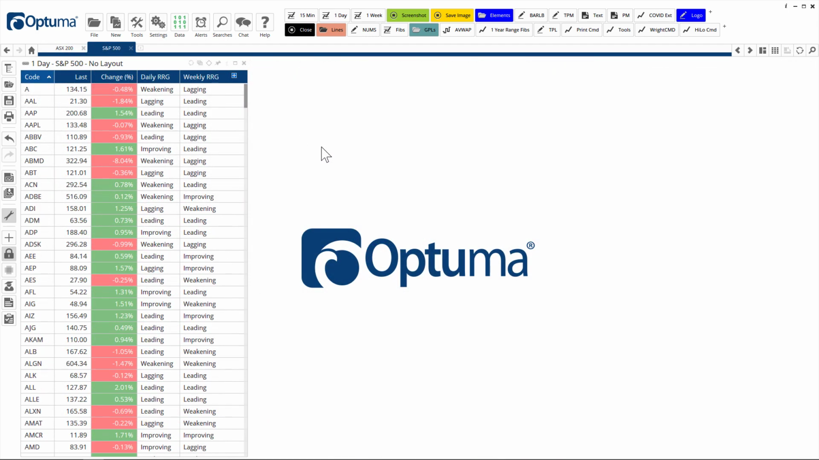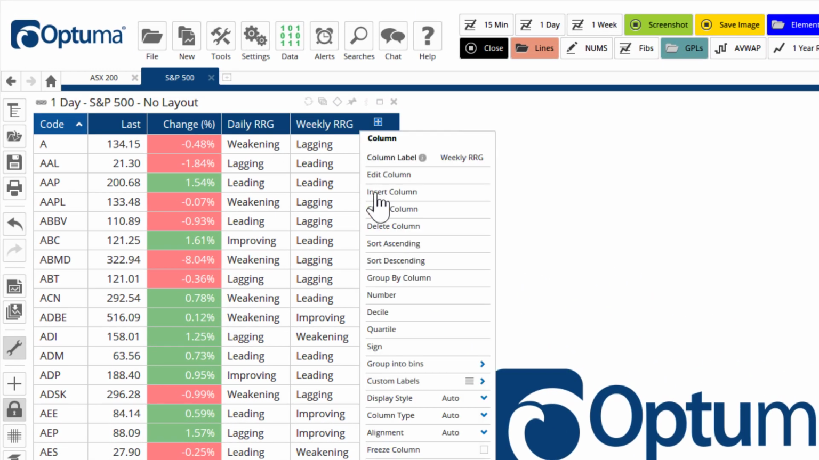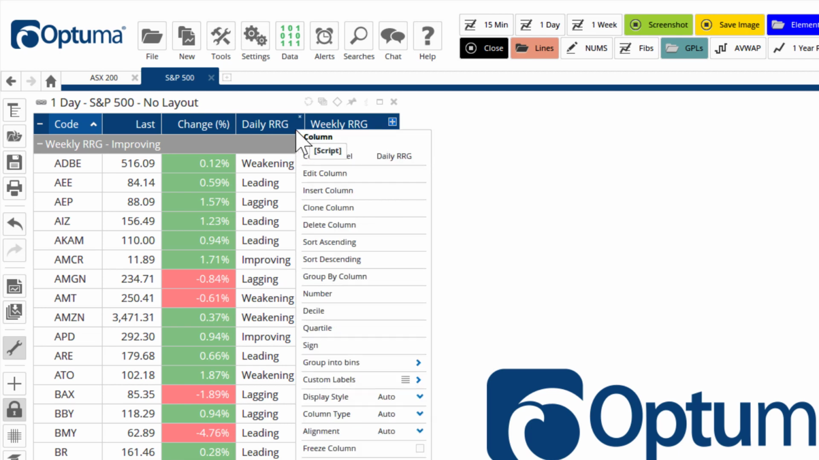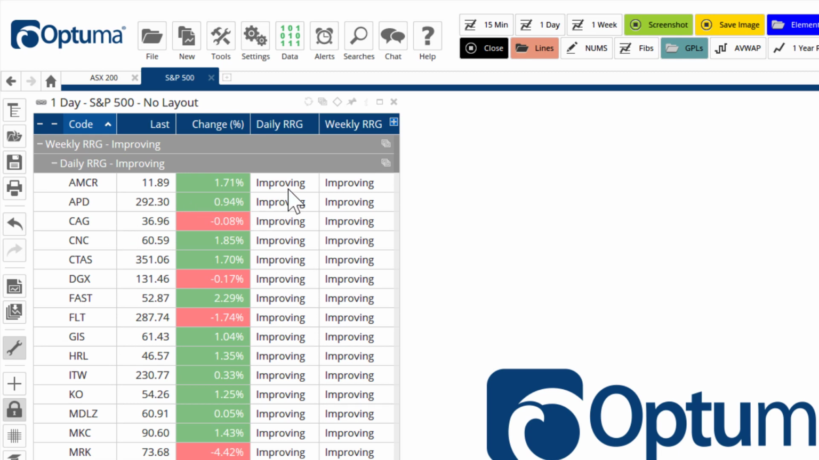One more example for Pro and Enterprise Services users is the multi-column grouping. So here's a list of the S&P 500 stocks, and I've added 2 RRG columns, one showing the daily quadrant and one the weekly. So I'm going to right click on the weekly heading and group by column, and this will put all the weeklies together, and you can see these are all the improving ones, but the daily quadrant is there as well. So we can now do the same for daily RRG,